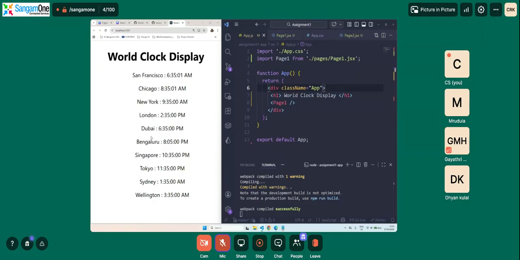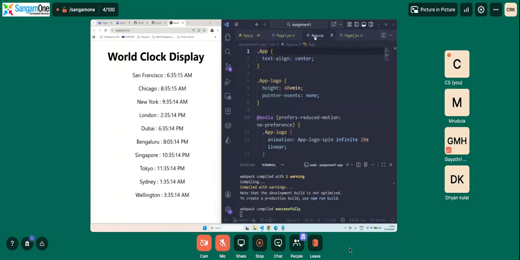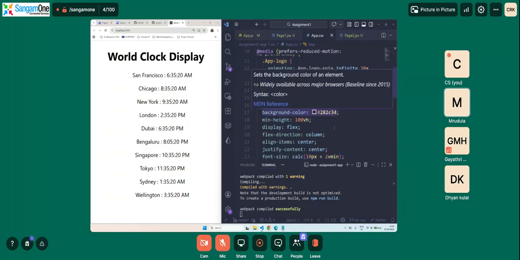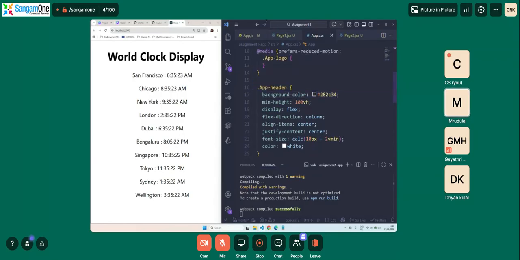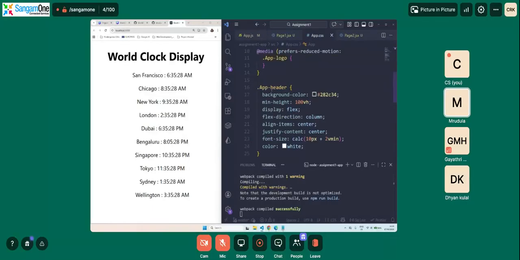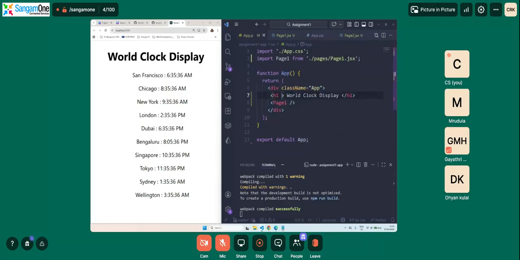Okay, so this is how we make use of CSS, text centering, changing of the color. So let's say here we will see the existing CSS styling. Here we did the dot app, and then we have something called app header. So we could go back to app.js, and for the h1 tag we can assign the class name app header. So we will copy this class name here, and then we will go back here and say class name is equal to